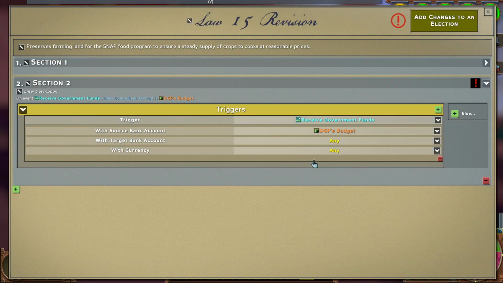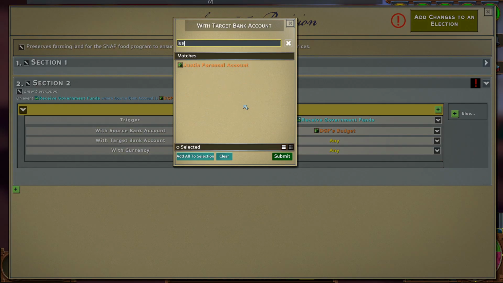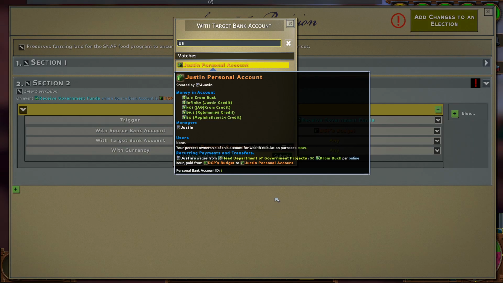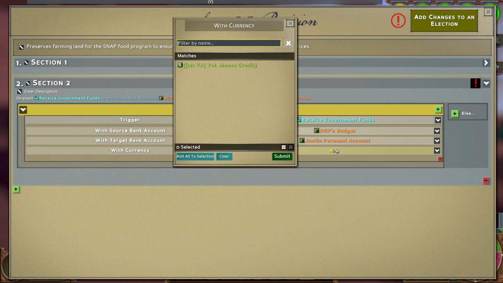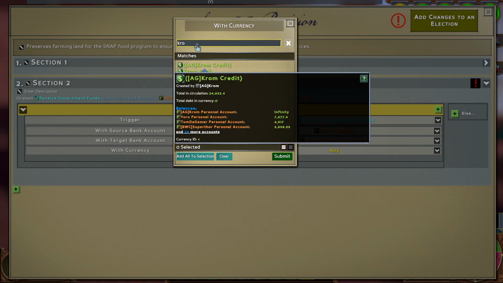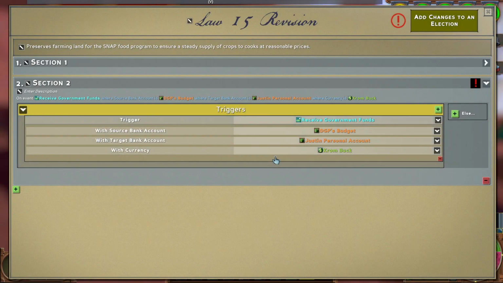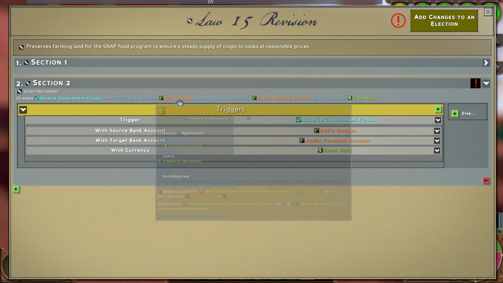So let's say source, target, Justin personal account, submit with currency Crombuck. Okay. So on event where money from the DGP is going to my account where the currency is Crombuck,